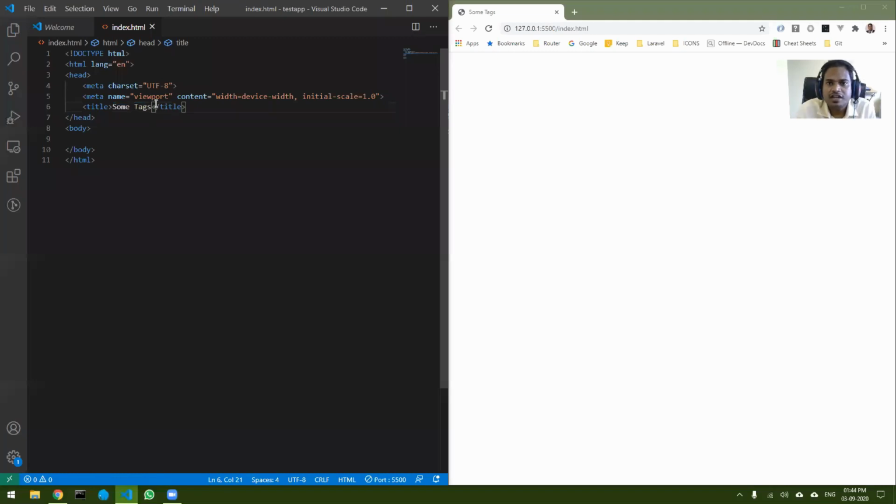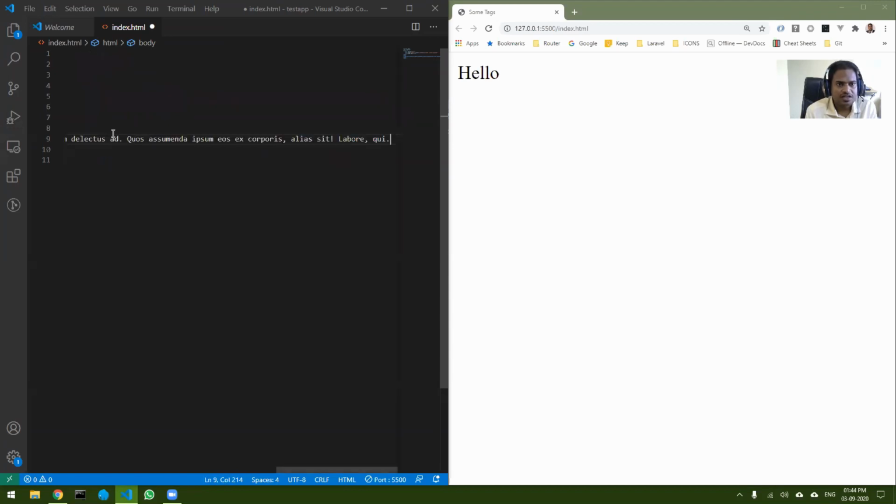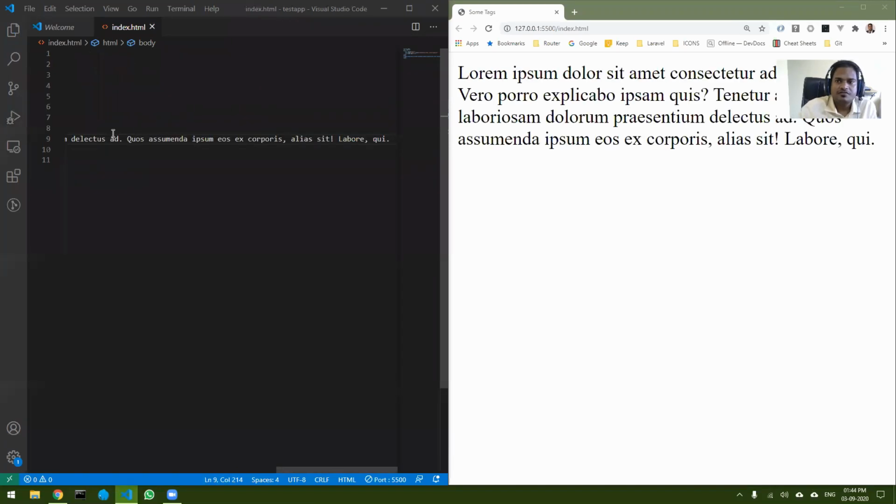So in the title, whatever I put comes over here, and whatever I put in the body tag will be visible in the page. You can see that over here. Let me just increase the font size. Okay, all set. Now let us begin. I have shown you some techniques in Visual Studio Code of using lorem. I can use lorem for this, and if I save it, I get some random paragraph.